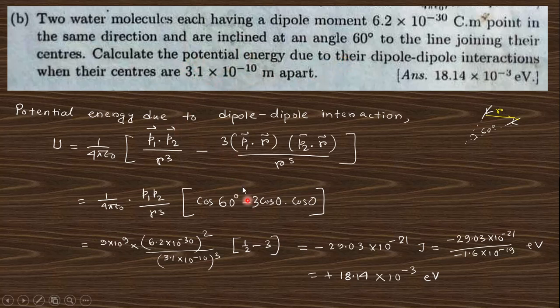You know the energy of two dipoles, that is the dipole interaction energy, is like this expression. Just rearranging, you will get cos of theta 1 minus theta 2, the angle between them. Here one angle is 60 degrees and the other will be 0 because they are in the same direction. So you will get this expression. If you put in this value, you will get this answer. Okay, go to the next question.